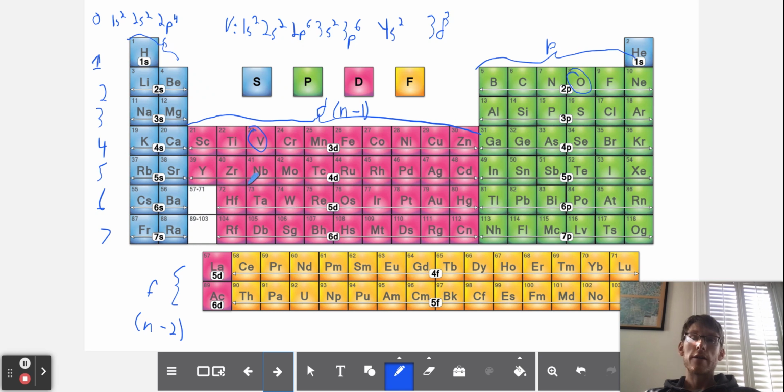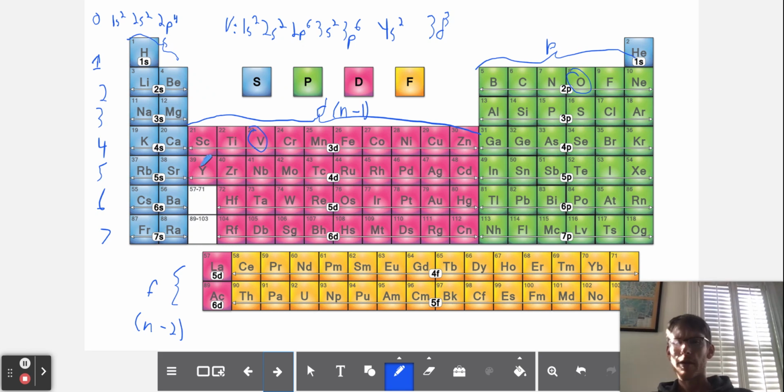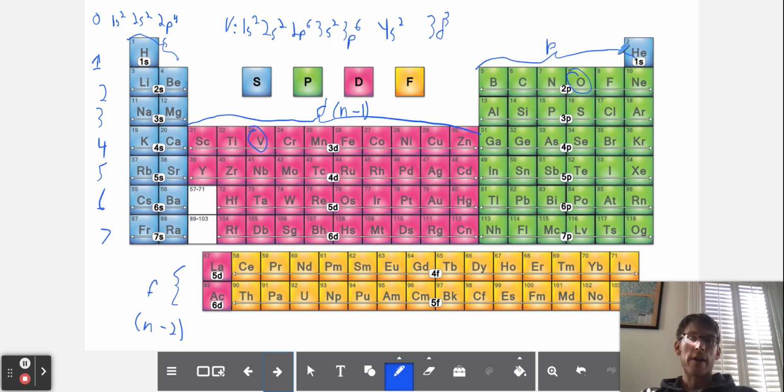I would like to move on to the concept of what's called the noble gas configuration, which is an abbreviation. As you might imagine, if I wanted to do the electron configuration of, say, yttrium, that would be difficult. I'd have to go 1s, 2s, 2p, 3s, 3p, etc., etc. It'd be quite a bit. But what I can do is I can actually abbreviate many of the electrons using a noble gas, which is